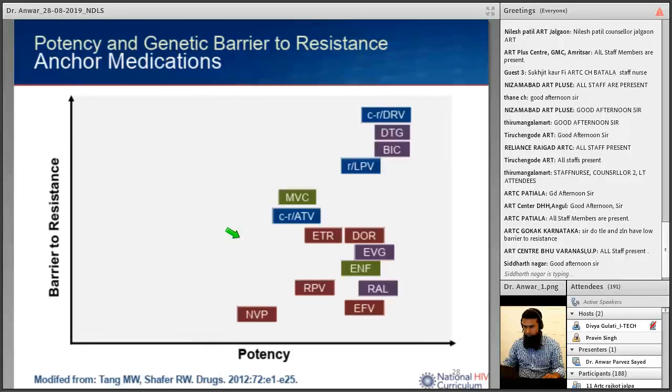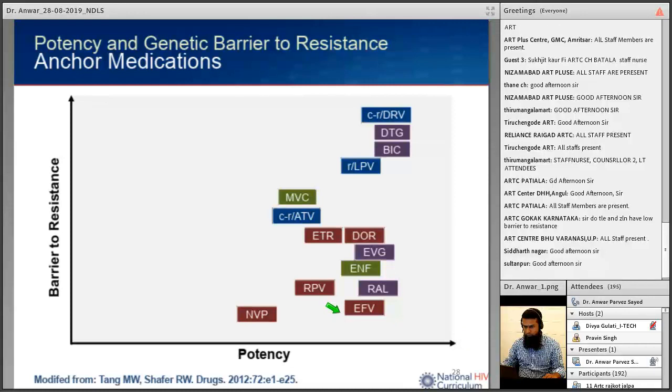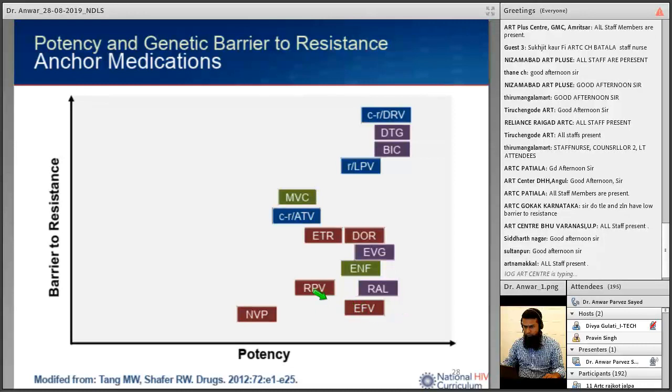But if you compare this with the anchor drugs, like NNRTIs and protease inhibitors, nevirapine and efavirenz, though very potent drugs, which means they are very strong drugs, in terms of barrier to resistance they are very low. That means if the patient is missing a few doses, or is not adherent to the treatment, and if this is repeated frequently, very quickly, or because of even one mutation, the efavirenz may become